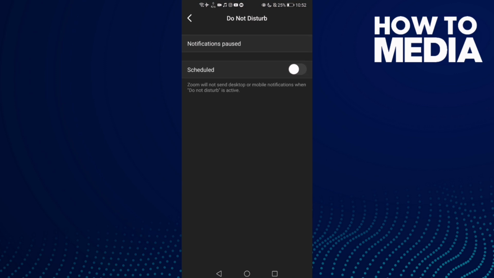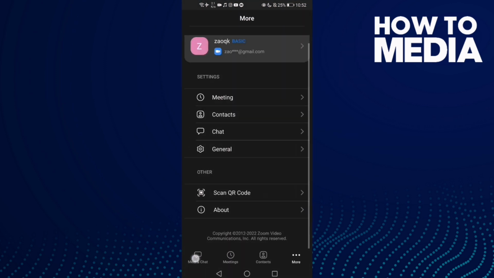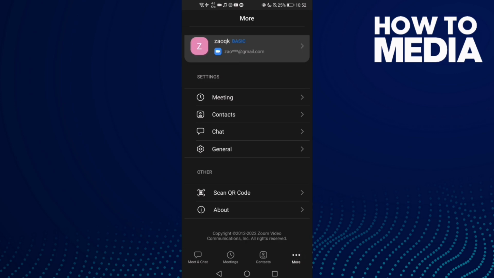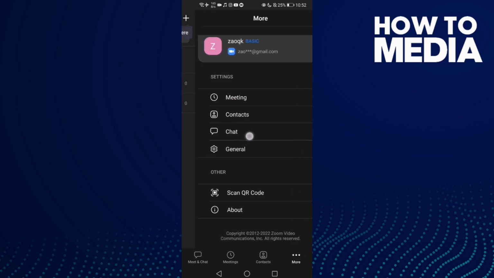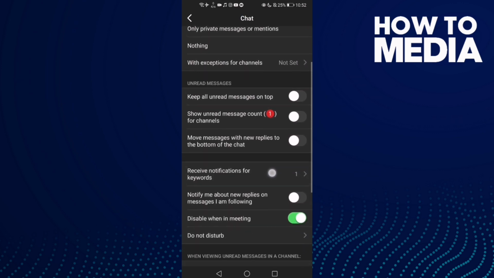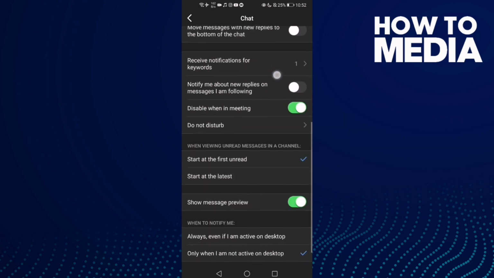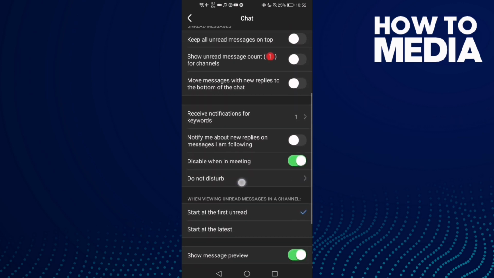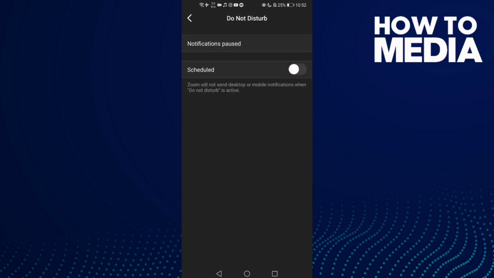First go to Zoom, let's go back and click these 3 points here and then click this one, chat, click on it and then just go down and you will find this one here, do not disturb. Click on it and then click this one if you want to turn it on, and as you see now